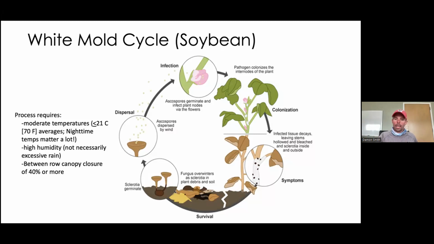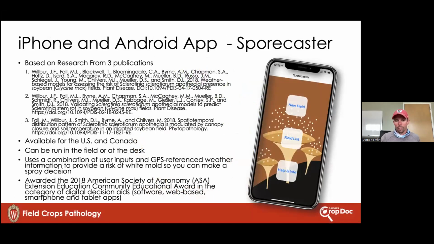We've developed Sporecaster, another tool that's in the Field Profit suite, or you can find Sporecaster as a standalone tool out there. That is really your crystal ball, and you do need to use it much like a spray tool, unfortunately, instead of a scouting tool. So it's going to be out there for you to use, again, during that bloom period from R1 to R3 to try to anticipate this environment, again, thinking about the triangle.